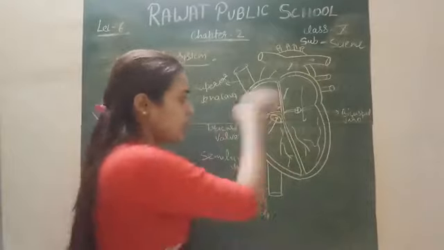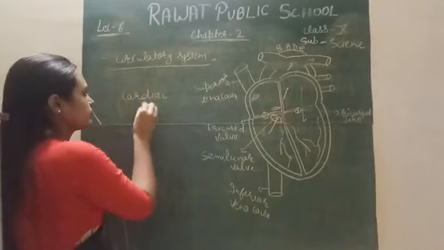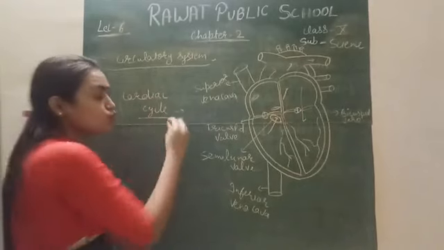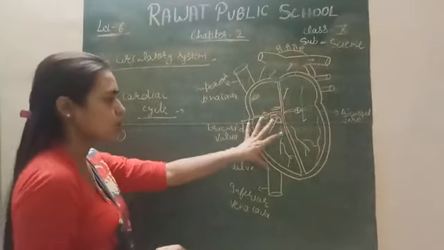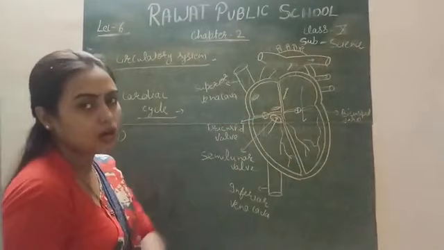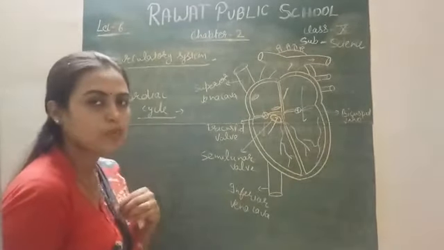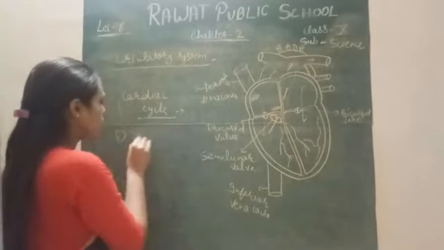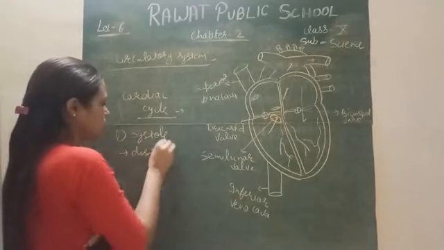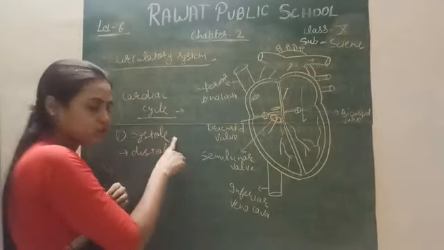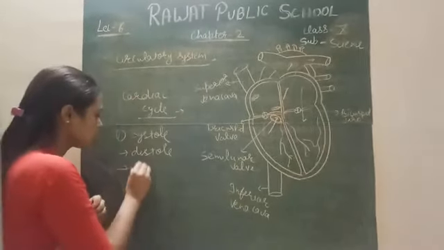One more thing, this is the heart cycle. Actually, the heart cycle is called the cardiac cycle. This cardiac cycle has two components, contraction and relaxation, because our heart is made up of cardiac muscle, and cardiac muscle has the capability of contraction and relaxation for pumping of the heart. These are the systole and the diastole. Systole means the contraction of the chamber and diastole means the relaxation of the chamber. And one more is the heart sound.